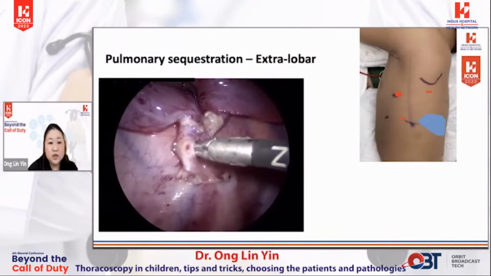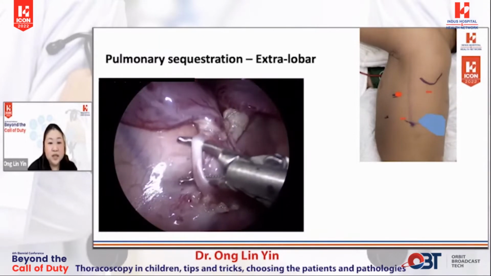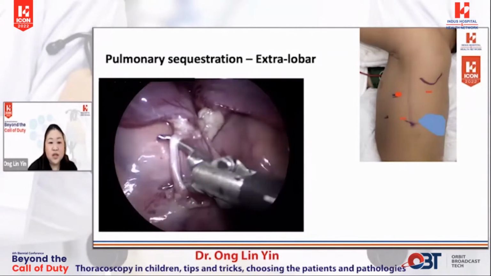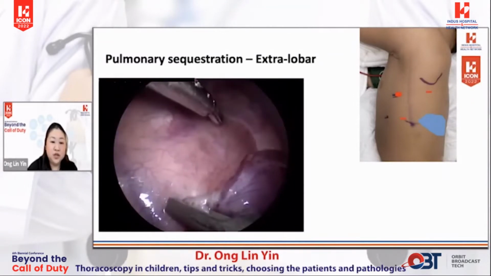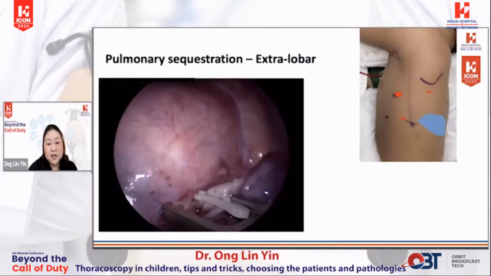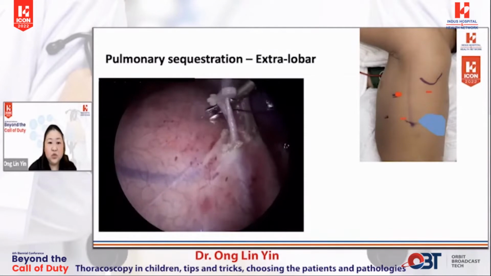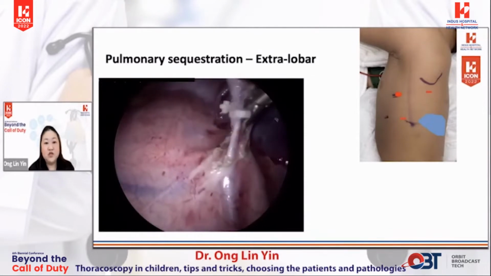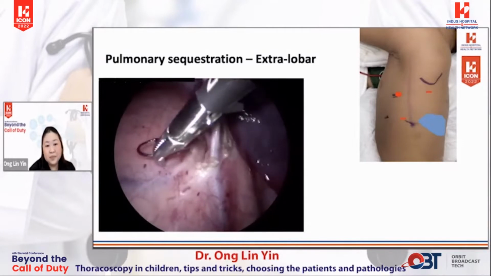It's important to take the pleura off the vessel. If not, your clips and ligatures may slip, and that can cause intrathoracic or sometimes even intra-abdominal bleeding, depending on the origin of the vessel. Here he is using Hem-o-lok. He is also doing a little bit of practicing. He's trying to do his intracorporeal suturing and tie.